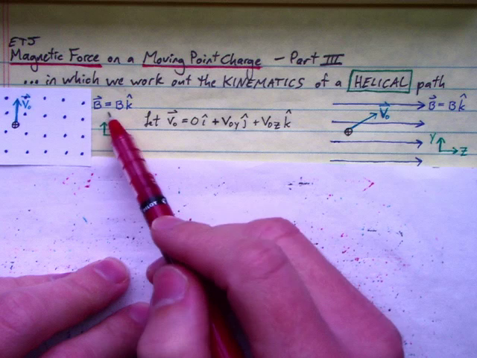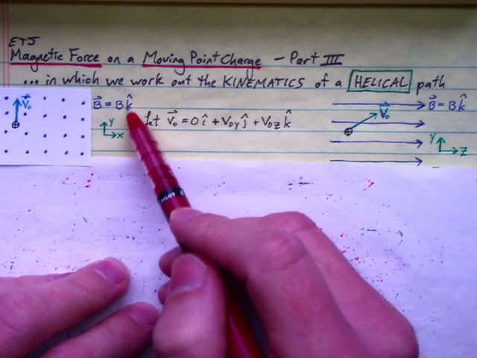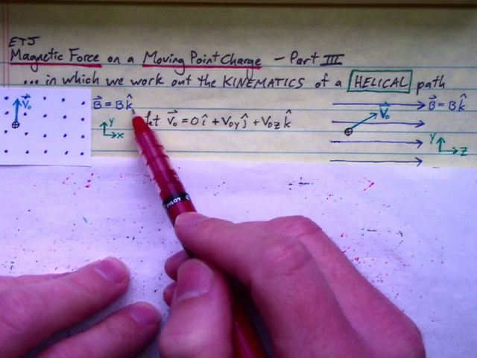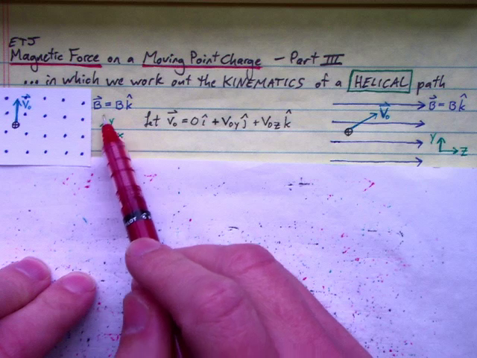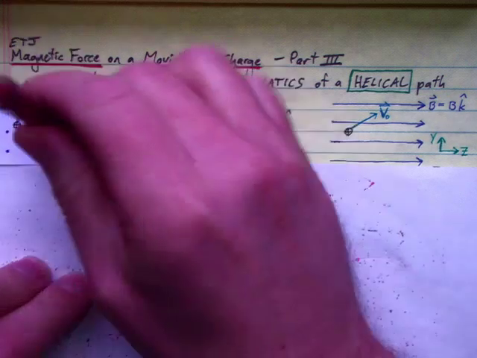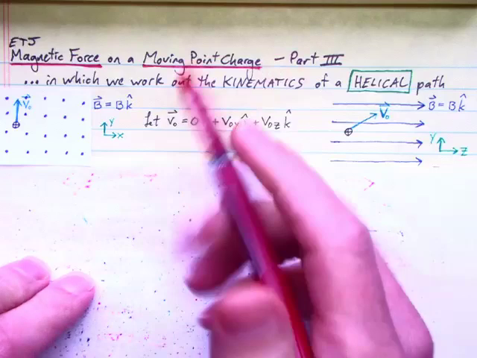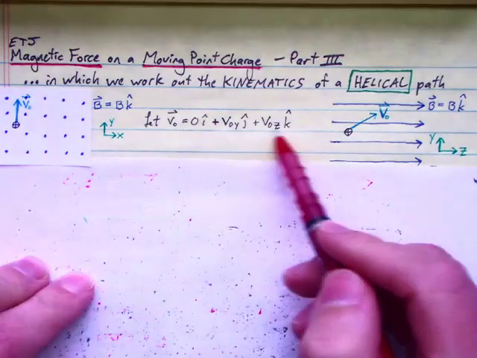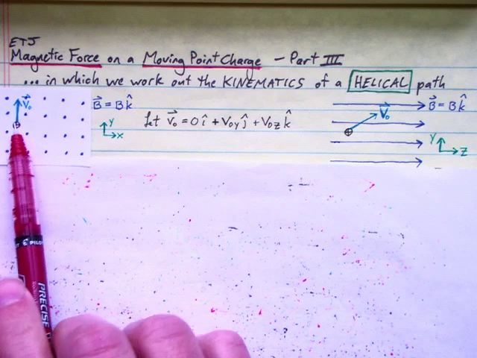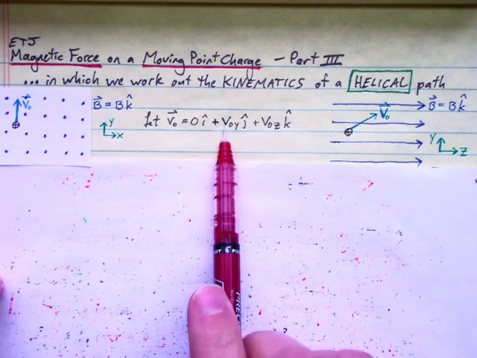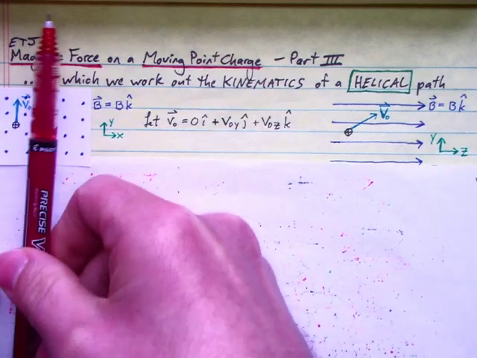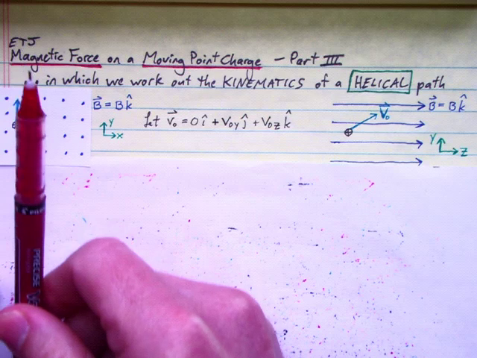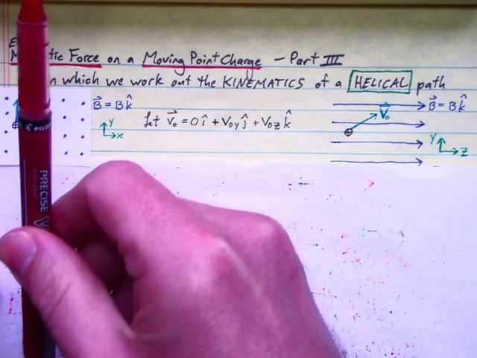field. So B is the magnitude of that field. That'll be a positive constant pointing in the k-hat direction. So we're looking down at the x, y plane here, B coming out of the page. And our particle will be given this initial velocity. So it has an initial y component, but also an initial z component. So it's actually tilted up out of the plane of the page, coming out like that from this point of